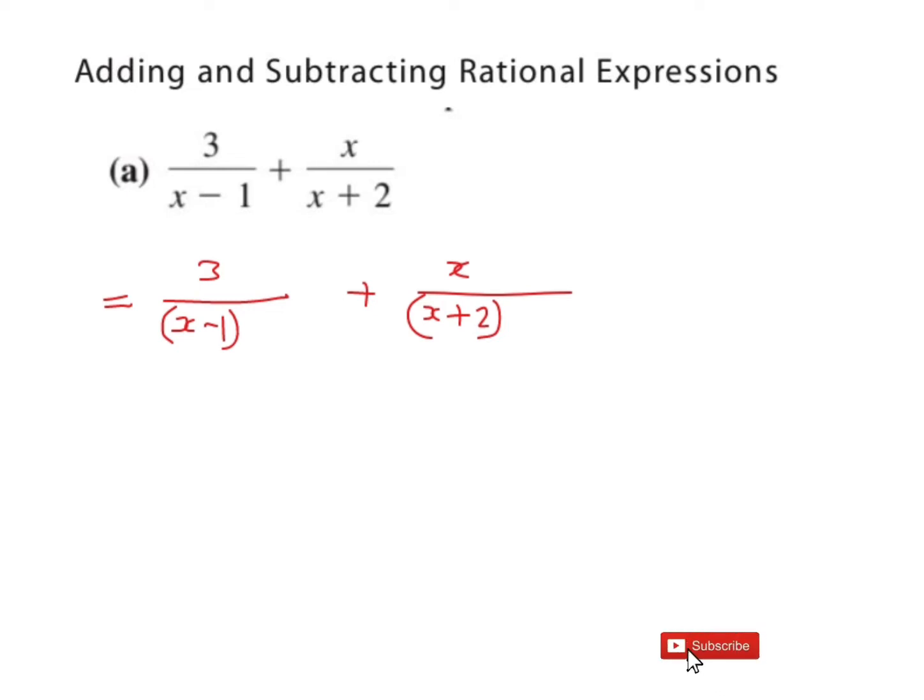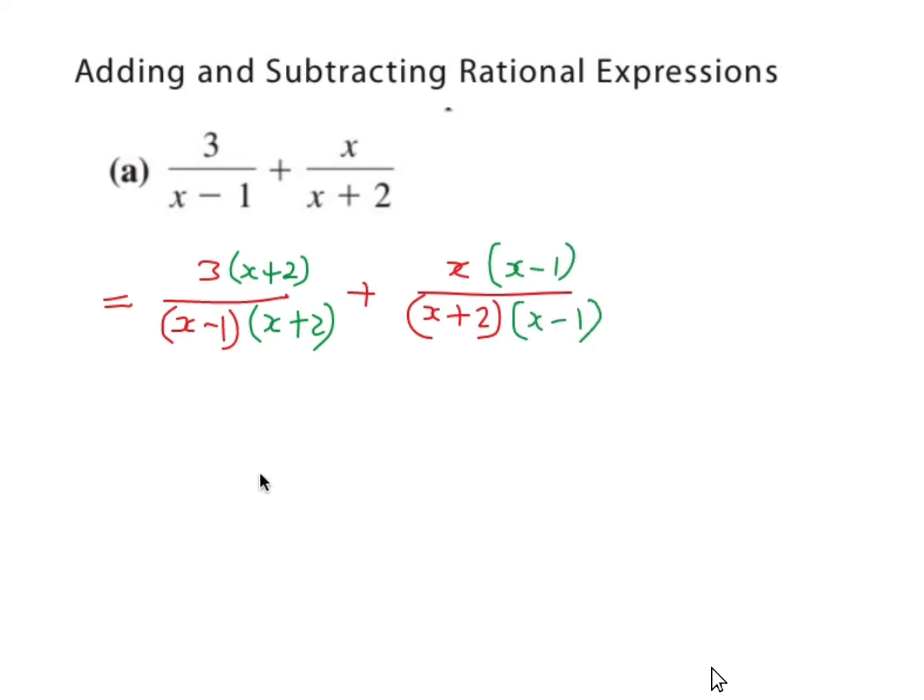So for making the same denominator, multiply by x plus 2. In the numerator and denominator we have to multiply by x plus 2, this one. And in this fraction we have to multiply by x minus 1, in the numerator and denominator. Okay, so